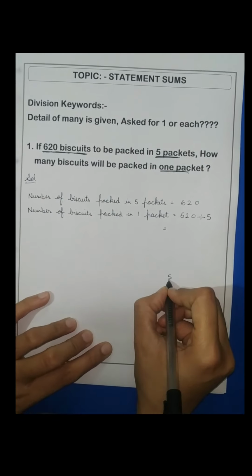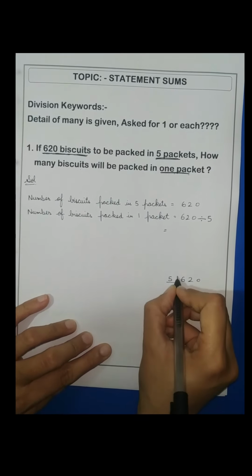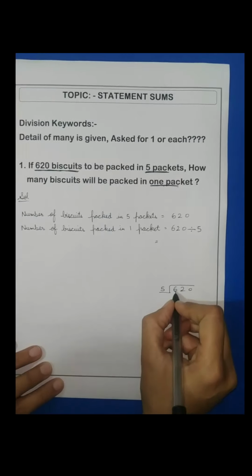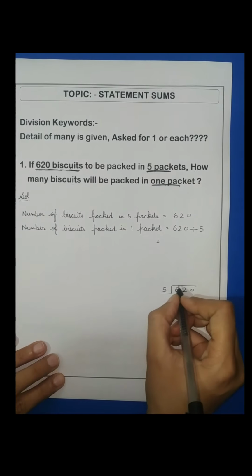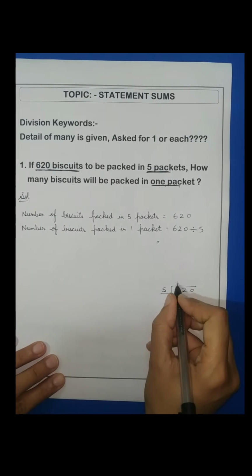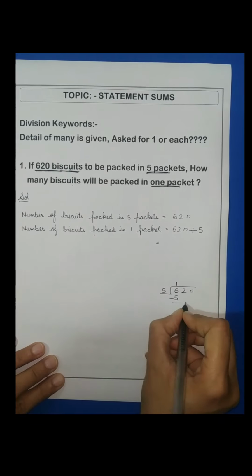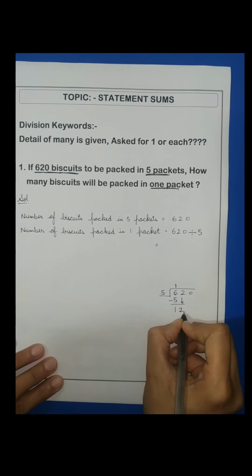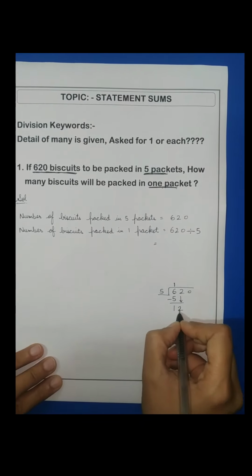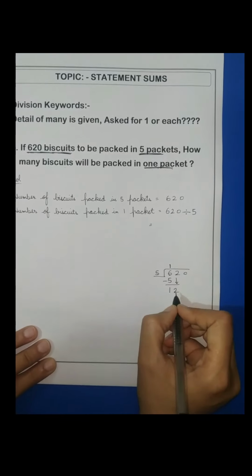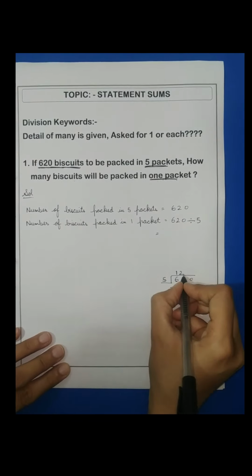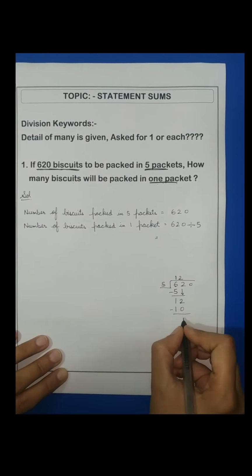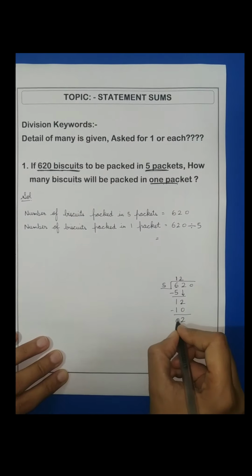Here we can use the rough side for the division. Ones, tens, hundreds. Start with hundreds. 6 divided by 5. As you know that 5 ones are 5, so 1 will come here as a quotient and 6 minus 5 equals to 1 as a remainder. Now bring down 2 from tens place. Now 12 is the dividend. 12 divided by 5. 5 2s are 10. Right here 10 and 2 as a quotient.